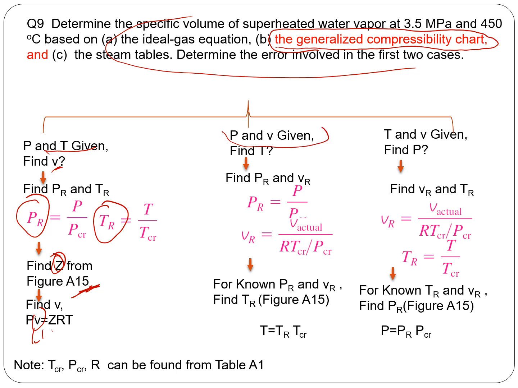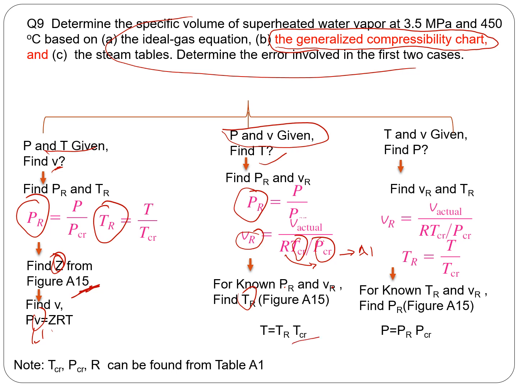Sometimes pressure and volume are given, and you need to find the temperature. In that case, this is the formula for PR, and this is the formula for VR. The critical temperature and critical pressure you can find from appendix 1. Again, be careful about the units. The R value, again careful about the units, you can also find from appendix 1. And for known PR and VR, using the chart, you can find TR,